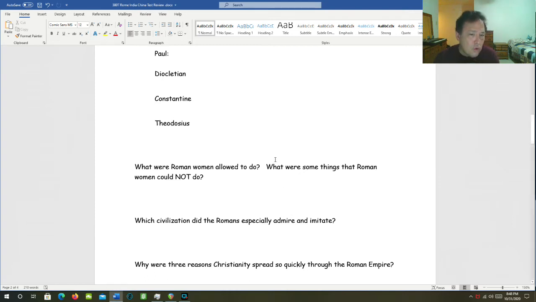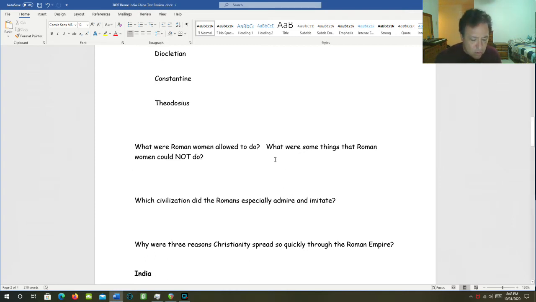Constantine. Constantine was also a Roman emperor. He was the first Christian emperor. He actually converted to Christianity, and he got rid of that tetrarchy and that administrative split, and he decided he was going to try and run the entire empire himself. And he moved the capital from Rome to an eastern city called Byzantium, and then he renamed that city of Byzantium after himself, changed it to Constantinople.